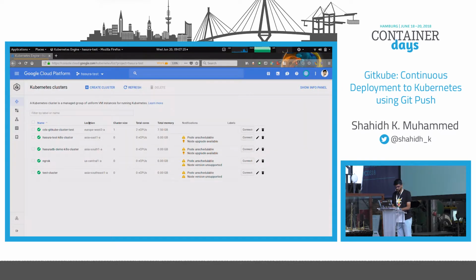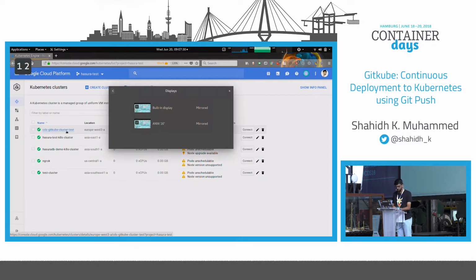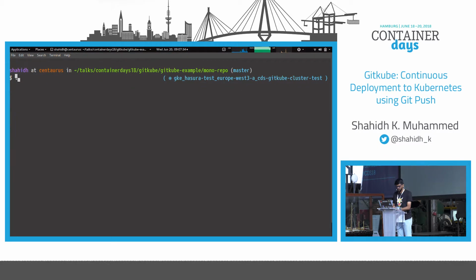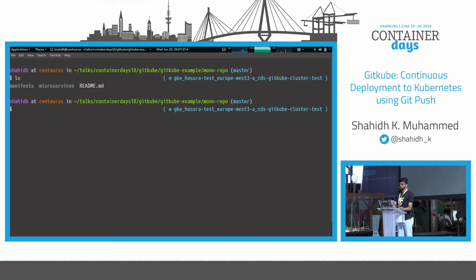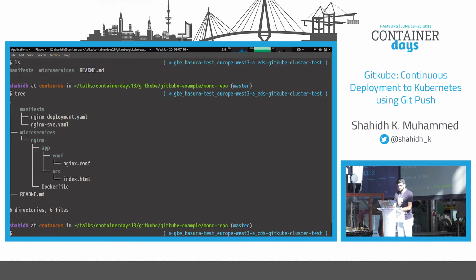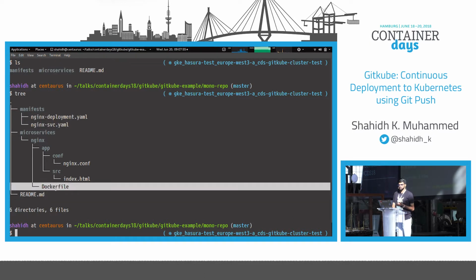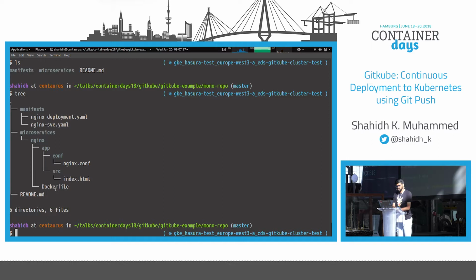So I have a Kubernetes cluster running on GKE. It's called Gitkube cluster. And what I have here, is the font size okay? So what I have here is a Git repo with this kind of structure. I have an Nginx deployment, an Nginx service, and the source code along with the Dockerfile for the same Nginx microservice. I'm going to be deploying a static